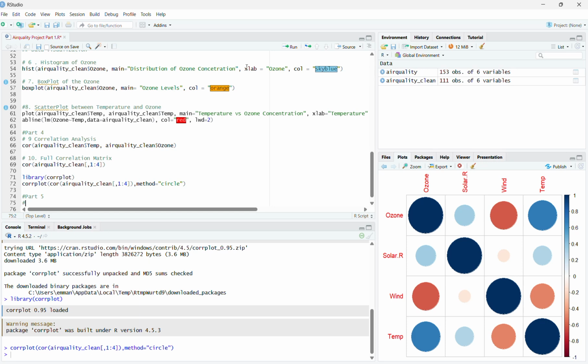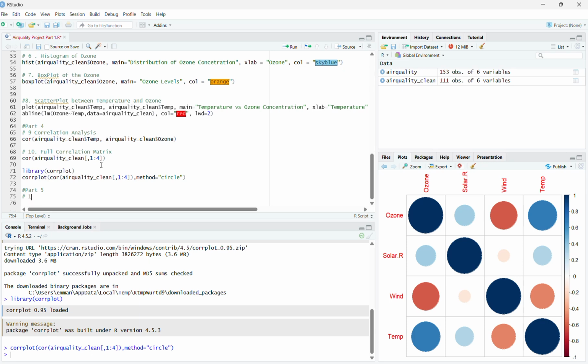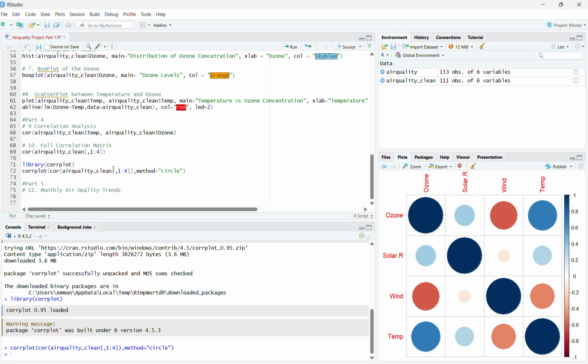So I'll call this my number 11. My number 11 is monthly air quality trends. So that's what we want to explore. That will mean that we want to do, of course, the average by month, the ozone average by month. So that's what we want to do. Ozone average by month, average ozone